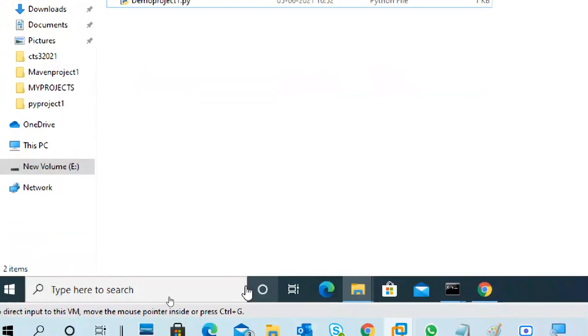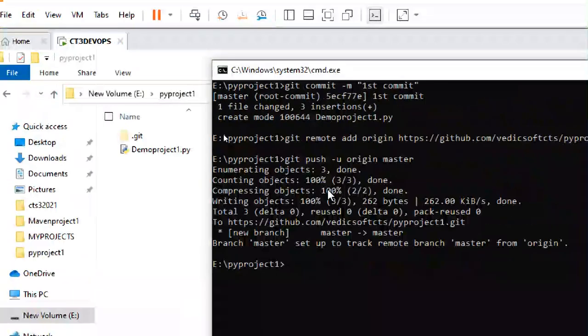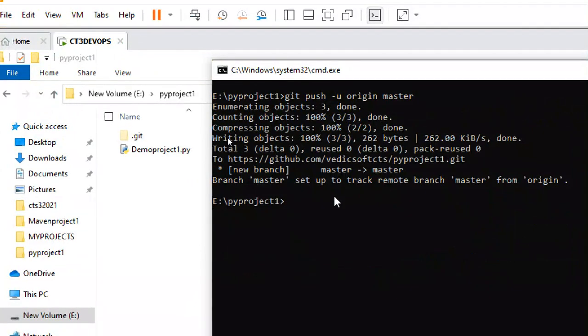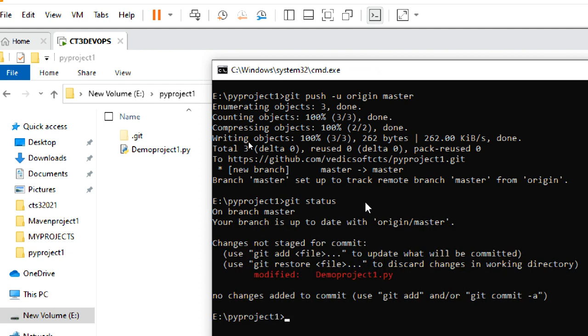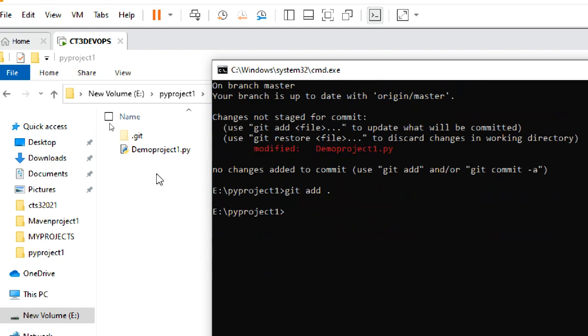Close it. Again, this is the window I used earlier. It is still there. If you close it, you can open it again. New one. Git add. So you can check the Git status. Status showing modified file. You can Git add. Okay, you can add your own Python file here and also do it.